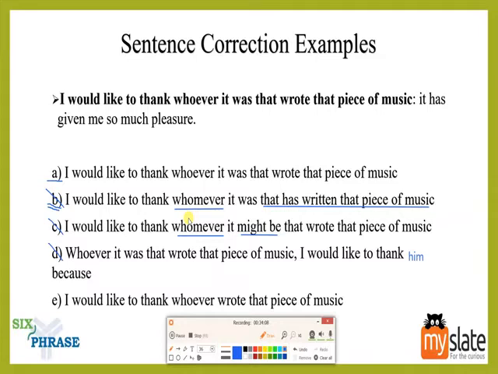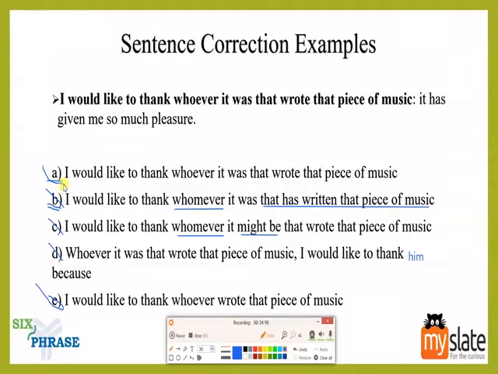And moreover, even if you say whoever, it does not make much of a difference. Here they have changed the whole tense of the sentence which we are writing, right? So that does not work. So we'll have to go with A or E. E is the simpler form: I would like to thank whoever wrote that piece of music. Superb. It actually makes more sense. But whatever, it might sound nice to your ears, but that is not the right answer, right? The right answer would be something which does not seem right. Okay, E is not the answer.